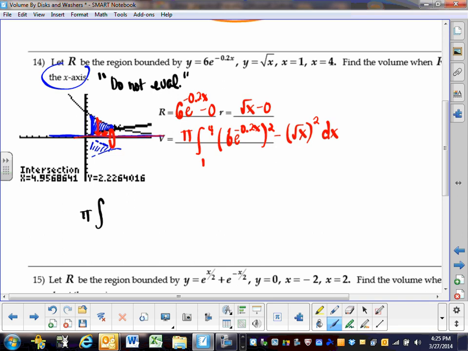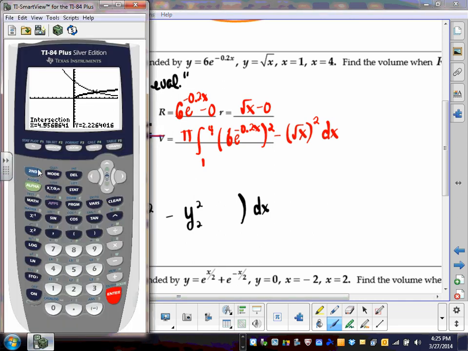So what you could do is say, well, I'm going to do the integral from 1 to 4. I know my calculator has integral brackets to start with, or parentheses. But I have this stored into y1. So that's going to be y1 squared minus y2 squared. That would allow me to put this into my calculator without having to mess that part up. So I could copy pi, the integral, from 1 to 4. The y1 graph squared minus the y2 graph